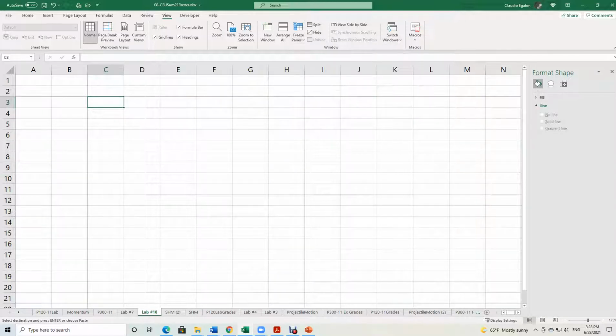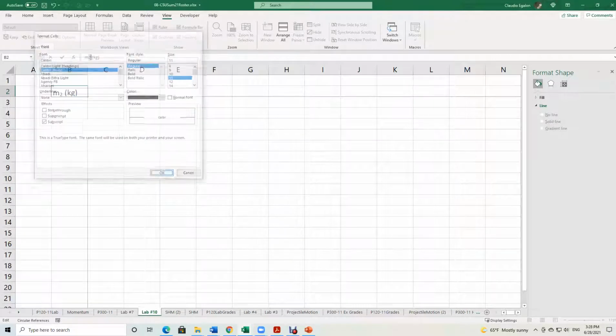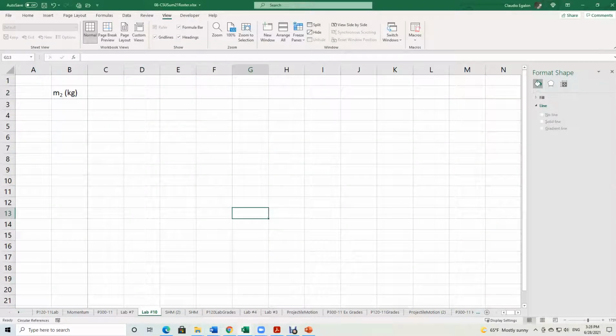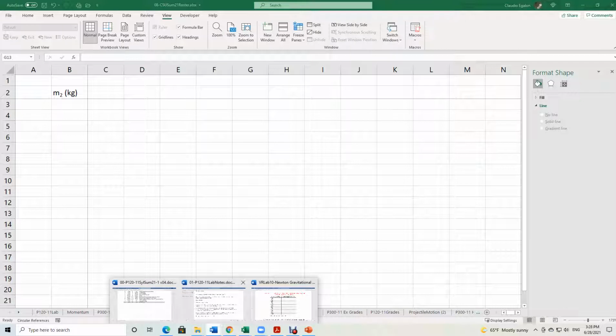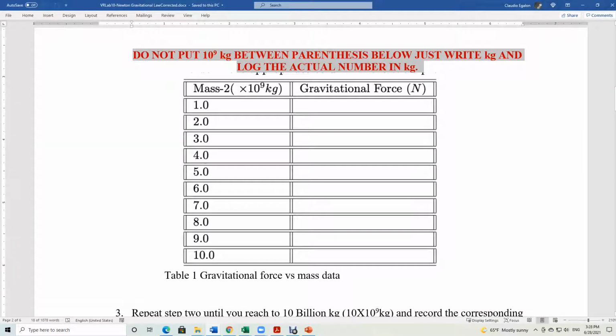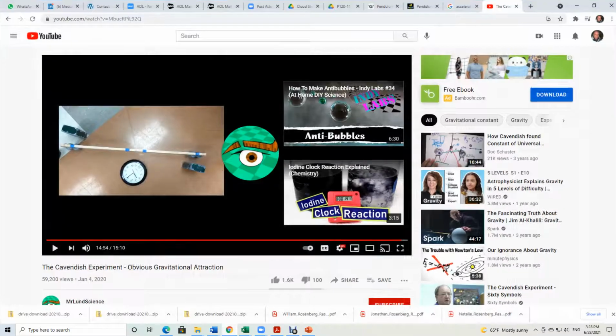And freeze again. Here you go. What are we going to do? I'm going to put mass number 2 right in here and kilograms between parentheses. Always use the units. I am going to put a subscript in my mass. Let's see if it uses a capital M. Yeah, use a capital M here, so I'm going to put a capital M in my